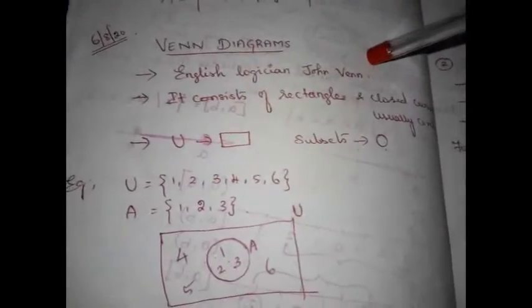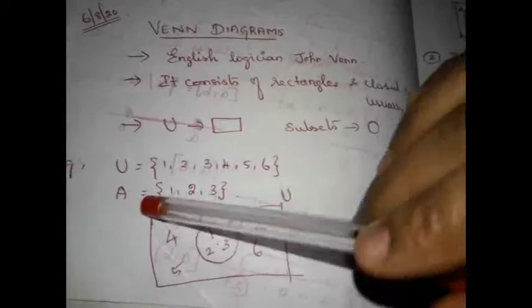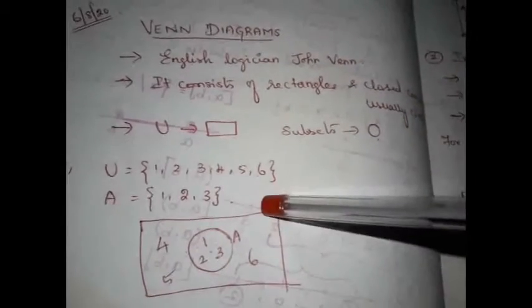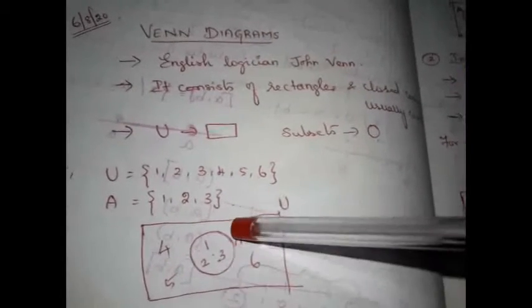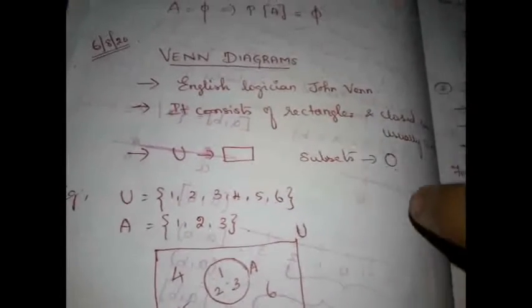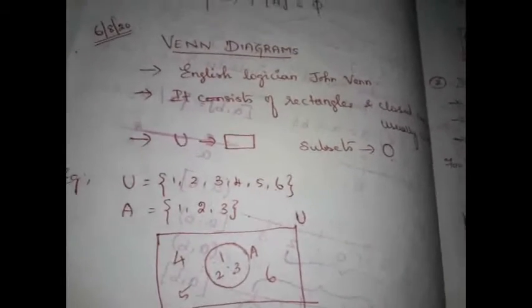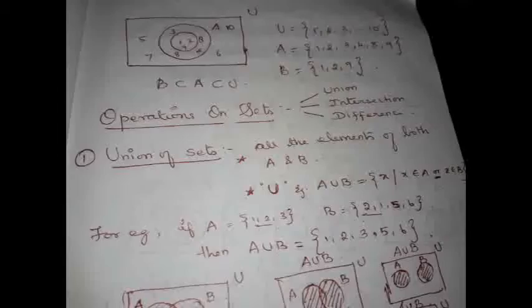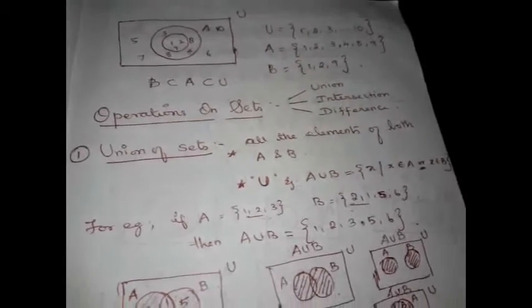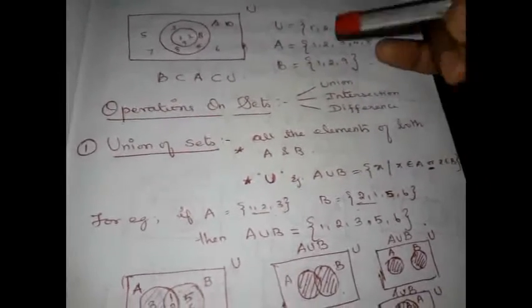Yes. Then we have learnt a very important concept called Venn diagrams. How do we denote a Venn diagram? We draw a rectangle box to denote our universal set, and the subsets of the universal set are denoted by circles inside the universal set. Yes, and we have solved many problems using Venn diagrams. So before solving problems, we have learnt what the operations on sets are. As we perform arithmetic operations on numbers, we perform some operations on sets. Those operations are called union, intersection and difference.